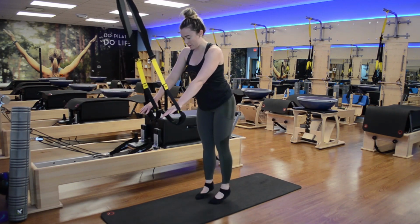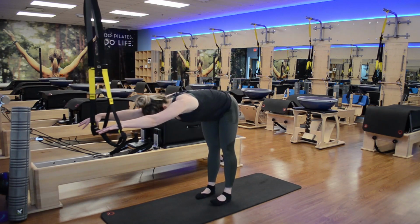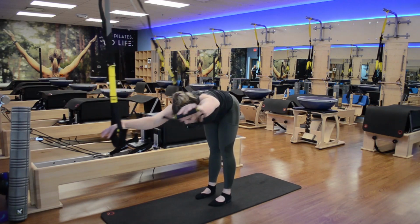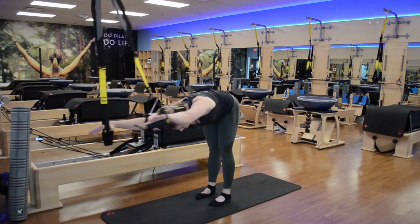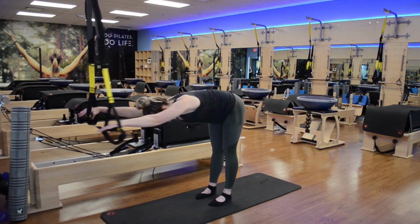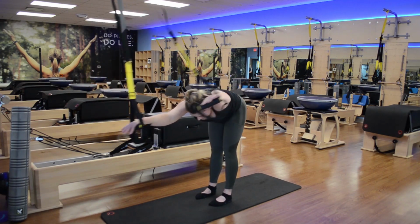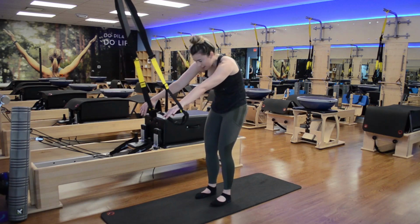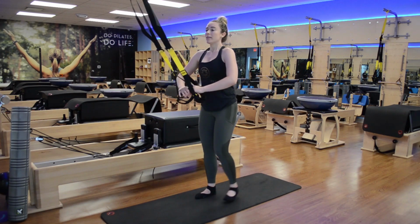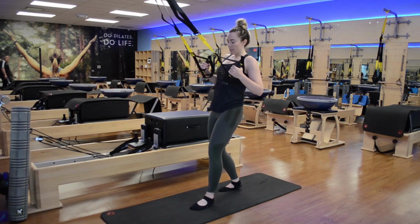Drop that foot down. And we stretch it forwards. Little sway side to side with that upper body. And coming back to center, rounding the spine all the way up to stand. Now we're going to step those legs forwards,